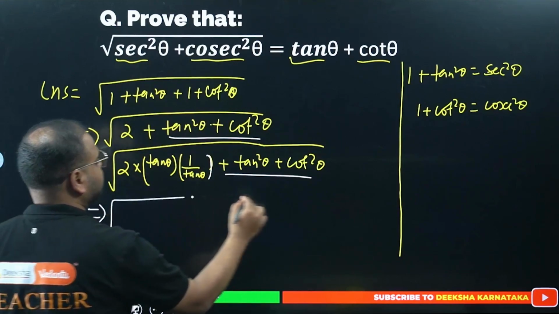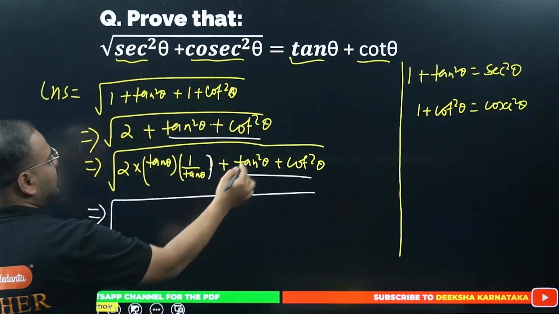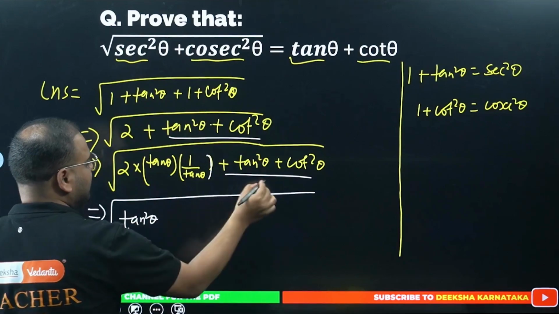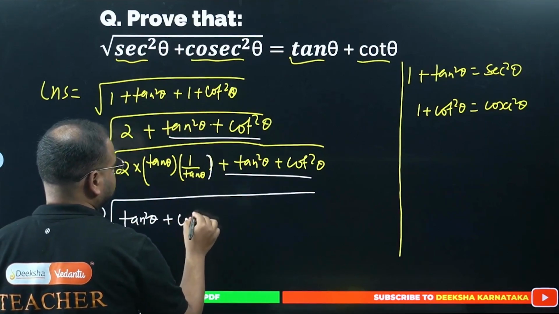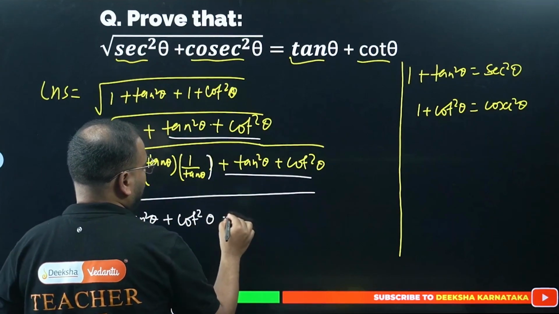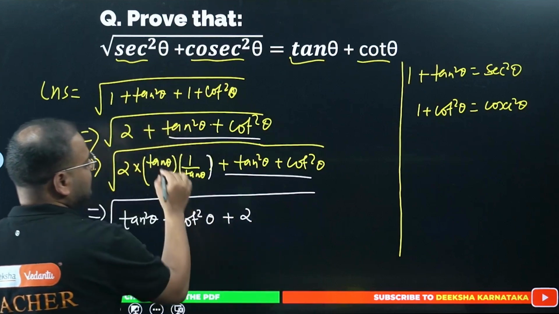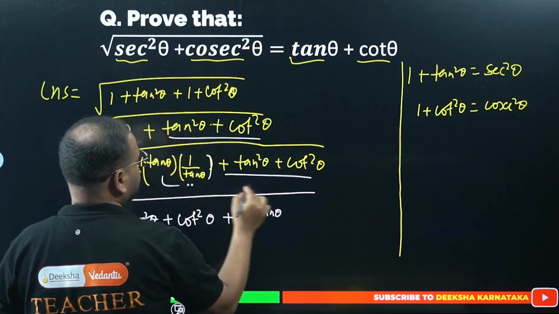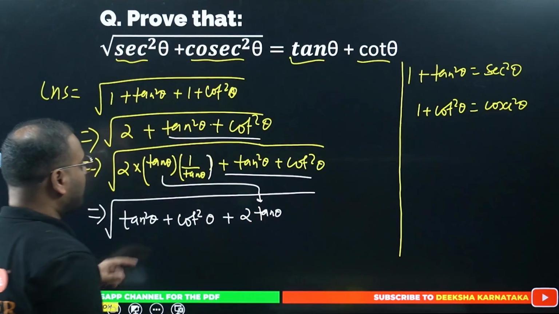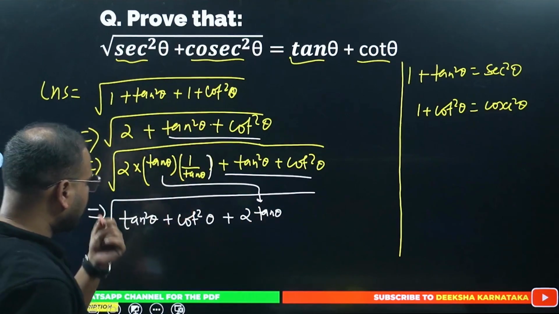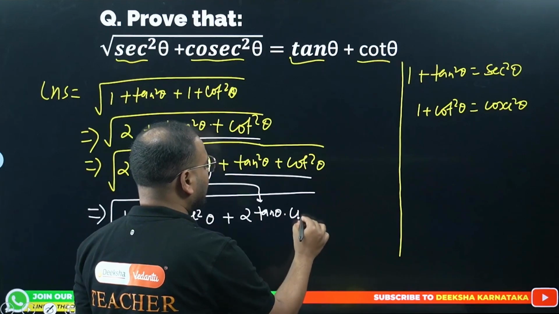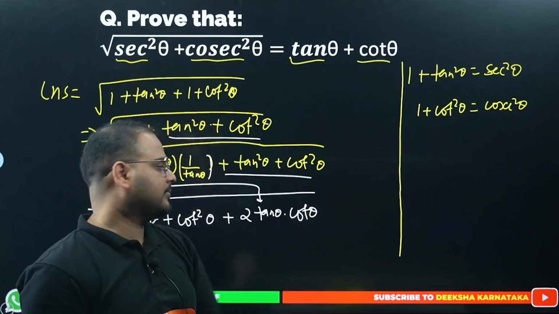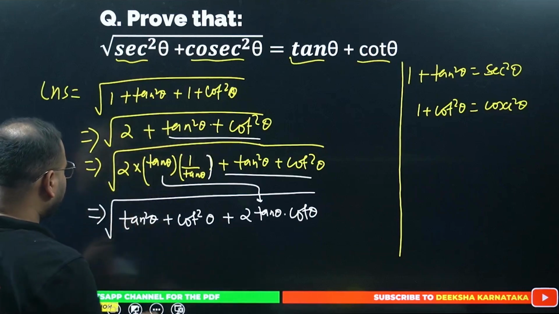Simplify this, okay? Write tan square theta first. Next you write cot square theta here. Now look here, 2 will be as it is. Tan theta that I wrote is as it is. What about 1 by tan theta? It is nothing but my cot theta, na? So we know that tan theta into cot theta is 1. They are reciprocal to each other, right? So what I'm getting here is